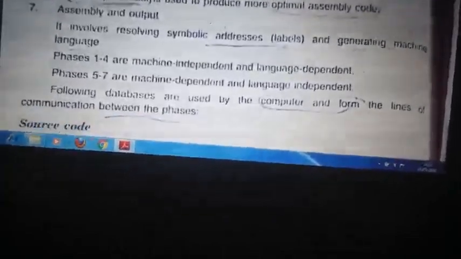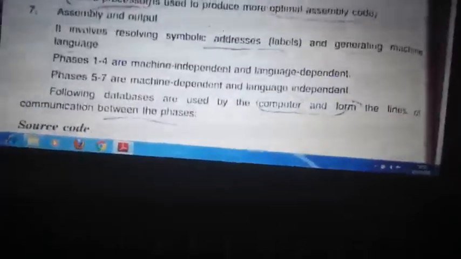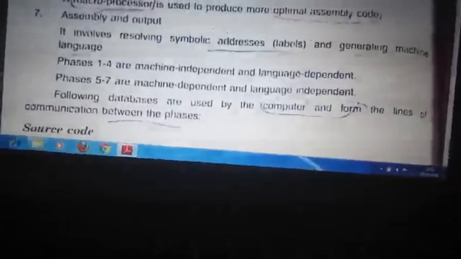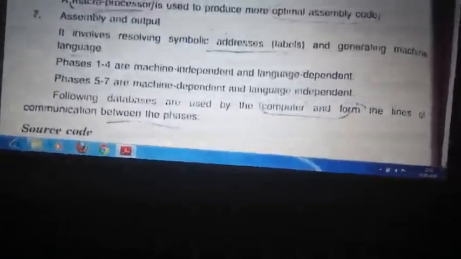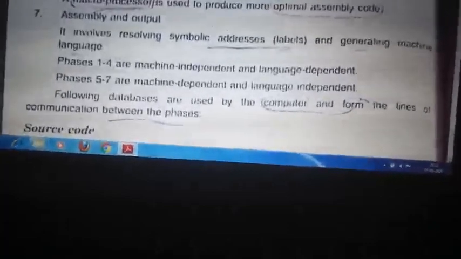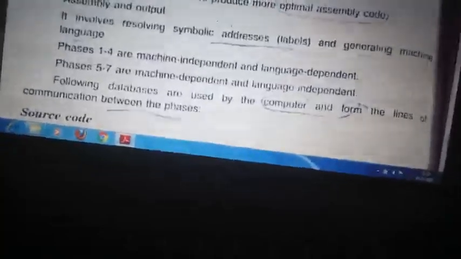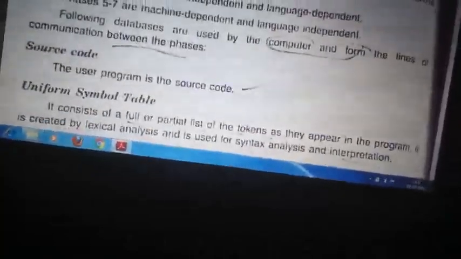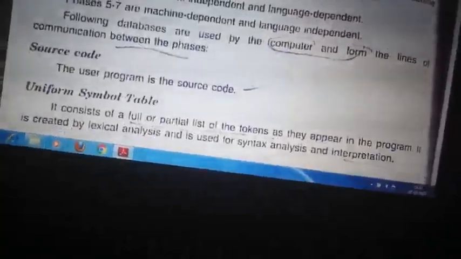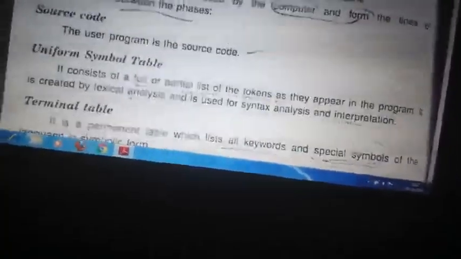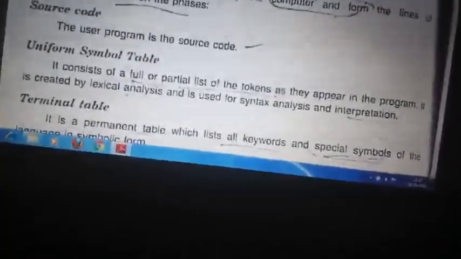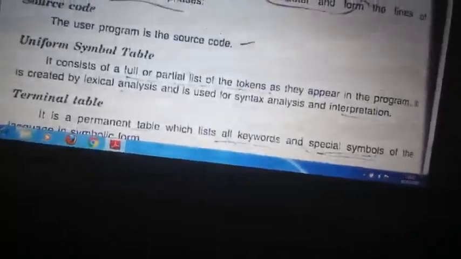So you can see that phases 1 to 4 are machine independent or language dependent, whereas phases 5, 6, 7 are machine dependent and language independent. Okay, so what are the data structures or databases used? First, the source program, the user program. Uniform symbol table: whatever tokens are listed are stored using a symbol table.